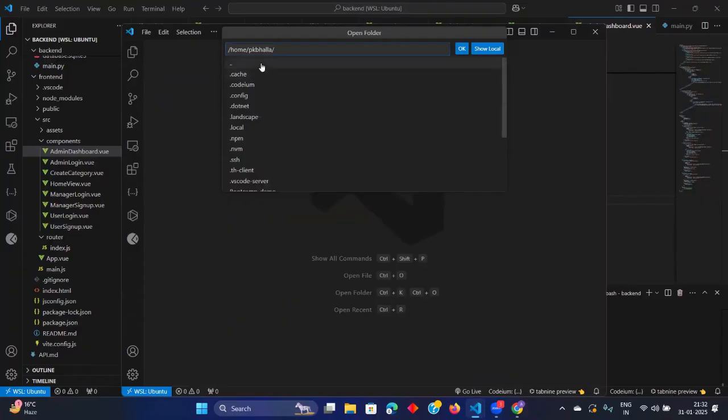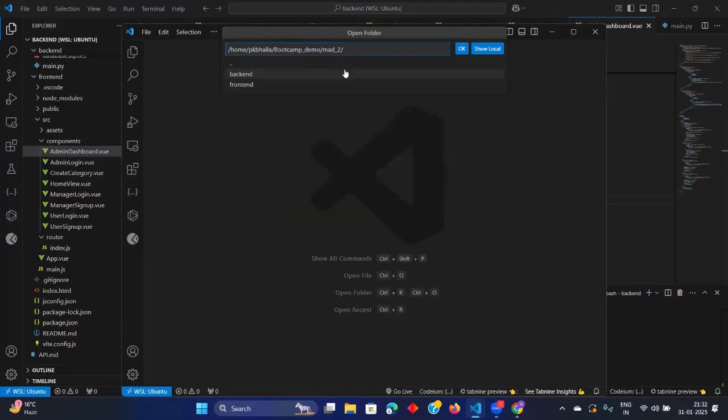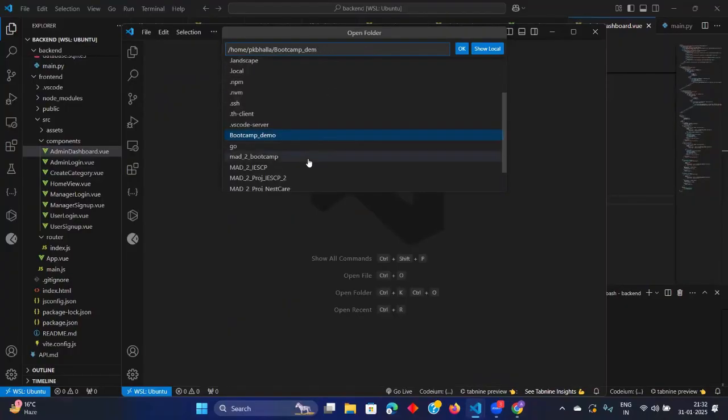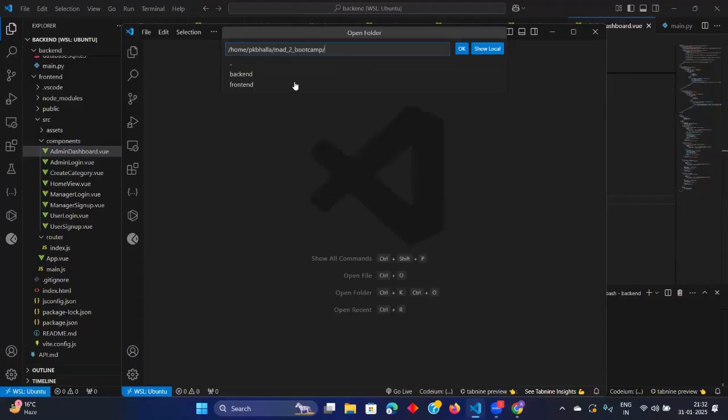Bootcamp demo, yes. No, not like this. It was the one JavaScript thing. What project help? Yeah, JS demo. Okay.